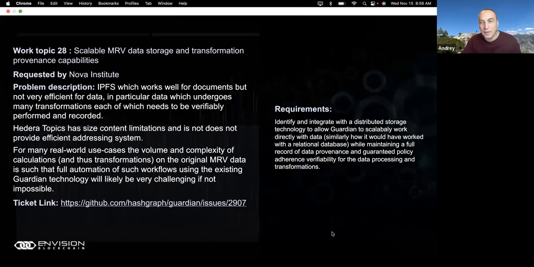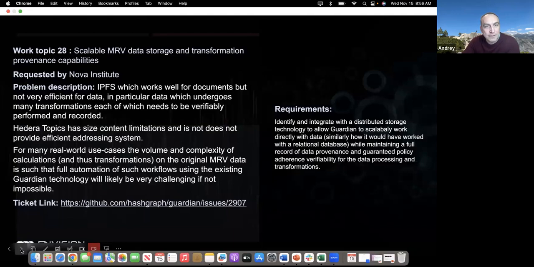So we are looking for a way to deal with data, not just in IPFS and as verifiable credentials, but maybe there are other methods of accessing, maybe indexing that data in IPFS, which would allow Guardian quick and easy database-like access to the data, and so the read, write, create, calculate, write again, and all of that is automatically secured by the underlying system.